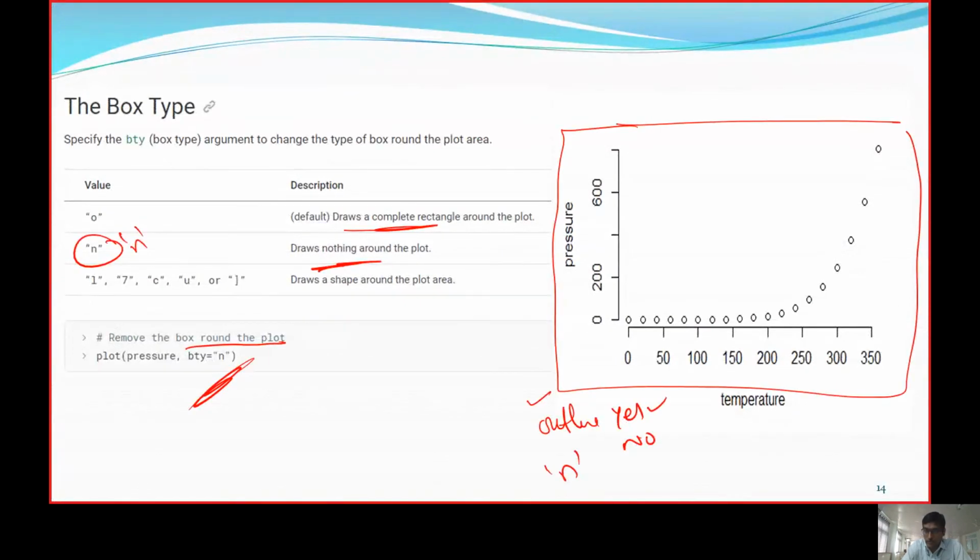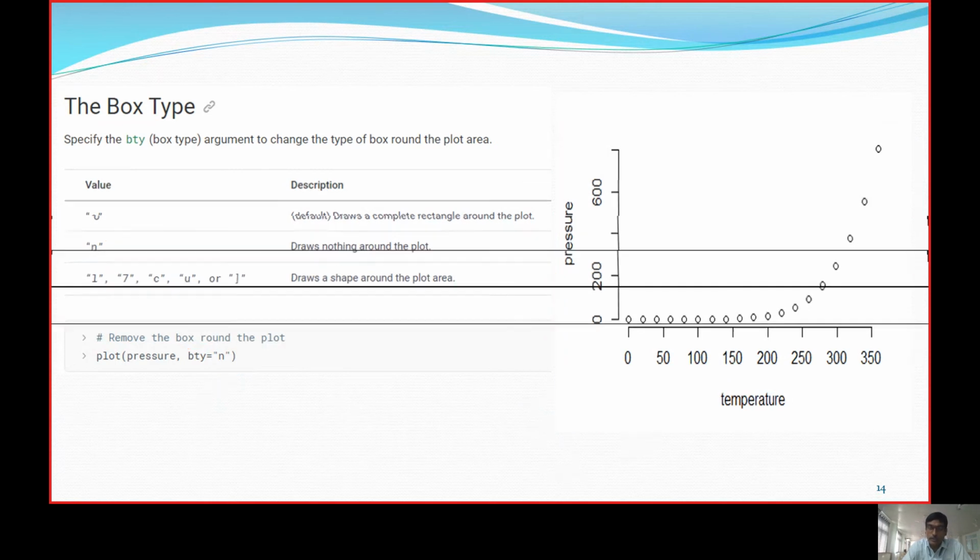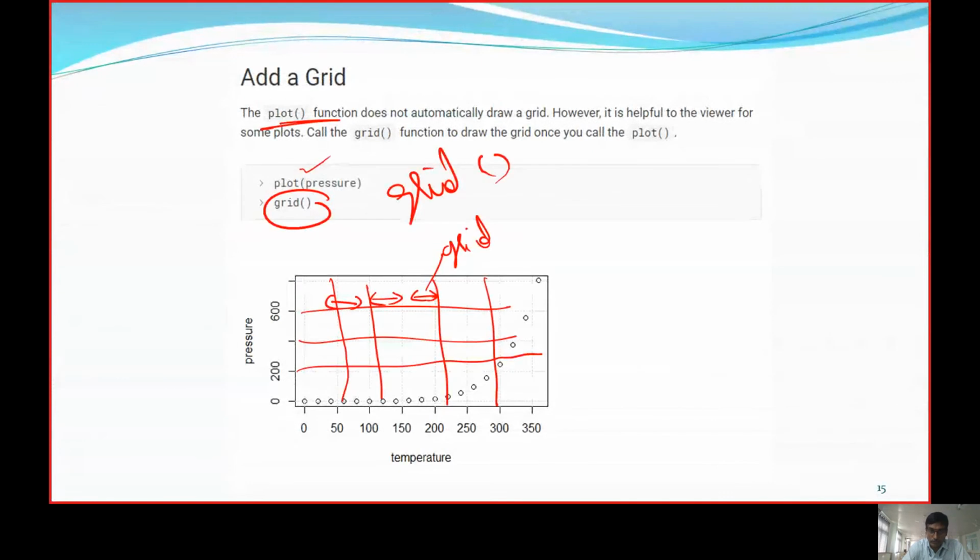Similarly, by default, the border of the graph box will be displayed. If we don't want the border, then we have to say BT, that is box type, equals none. So when we put it as N, it assumes that we should not get any border around the graph.